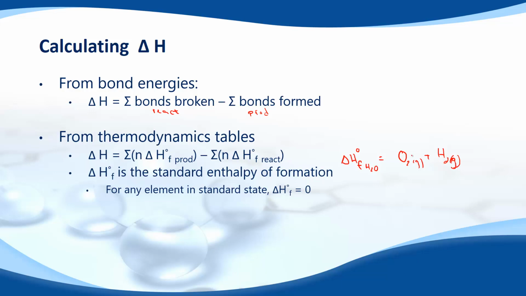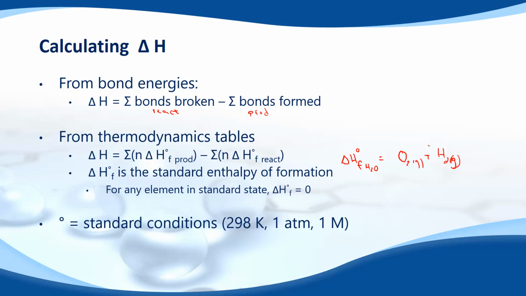Right, so elements in standard state forming the compound or the substance that you're working with, that's enthalpy of formation. Now, one of the things that we're going to look at is that enthalpy of formation for any element in its standard state is 0. Any element in its standard state is denoted by the little degree sign, and all that means is 298 Kelvin or 25 degrees Celsius, 1 atmosphere of pressure, and if it's an aqueous substance, the solution is 1